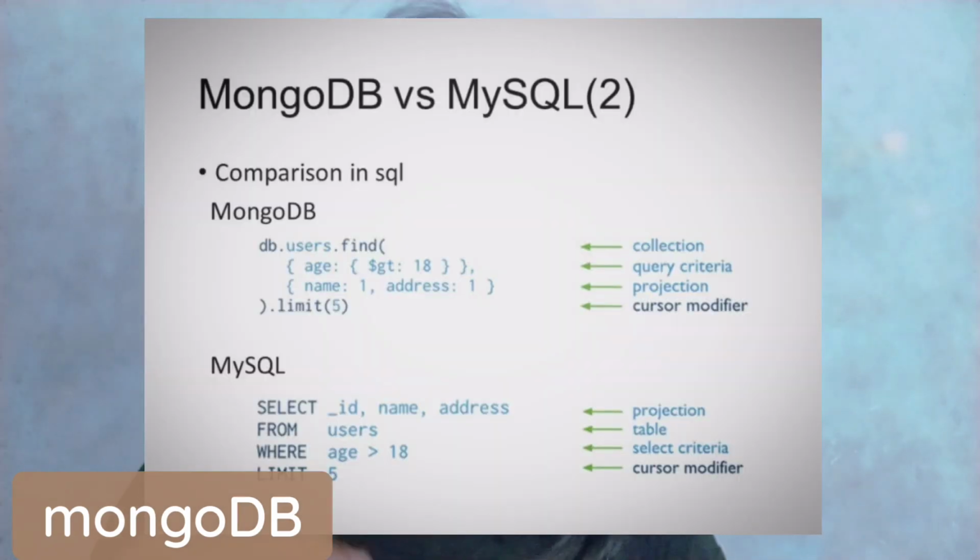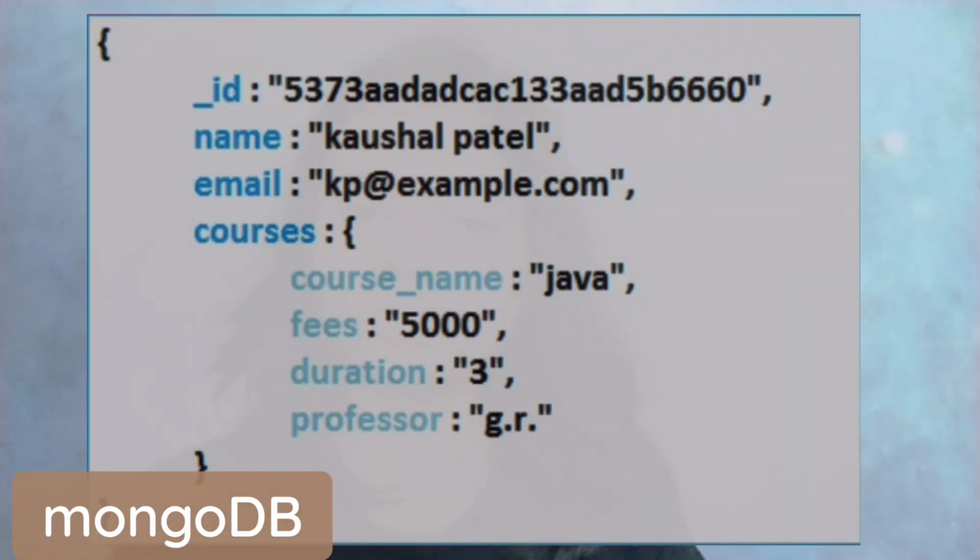Now let's see these 4 terms one by one. MongoDB. As I told you, MongoDB is a database that is used to store data. Some of you may be familiar with MySQL. In MySQL, data is stored in the form of tables, that is, in the form of rows and columns. But in MongoDB, data is stored in the form of collections, that is, in the form of documents, which are like a JSON object, which includes key value pairs.